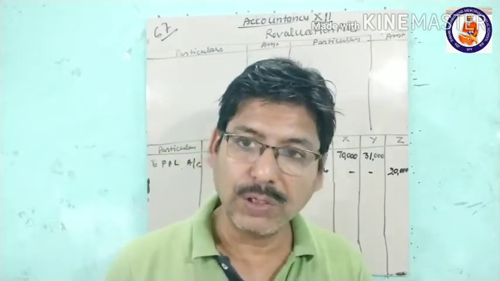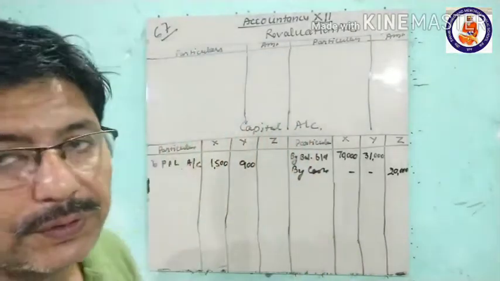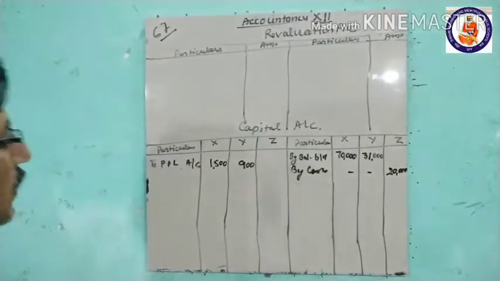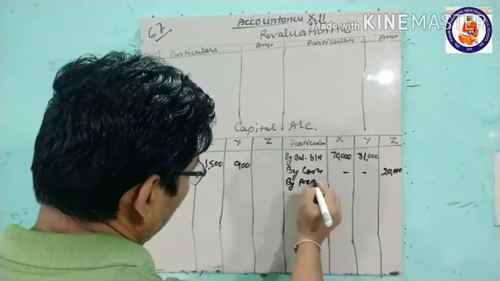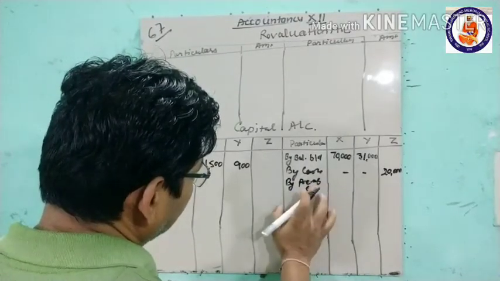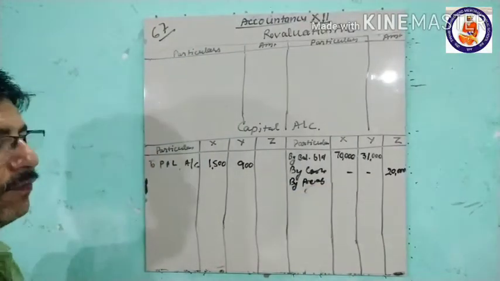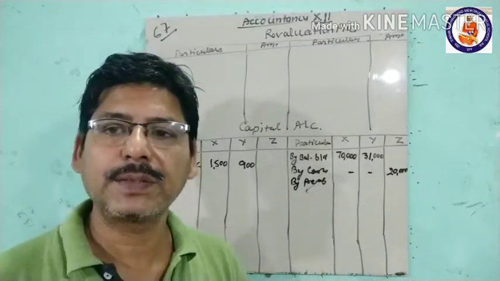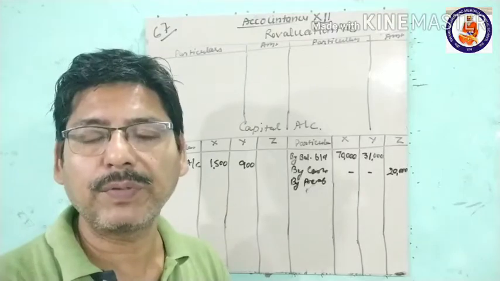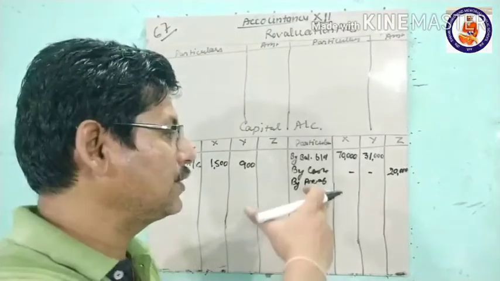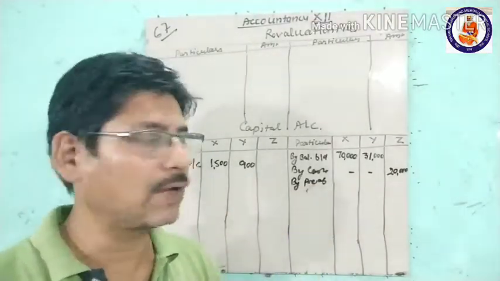So the whole amount of this premium will be given to X. So by premium of goodwill. So what is the journal entry? Journal entry is there. First, when he brings this premium of goodwill and capital, cash account debit to premium, to capital, that is 20,000, to premium of goodwill 12,000.